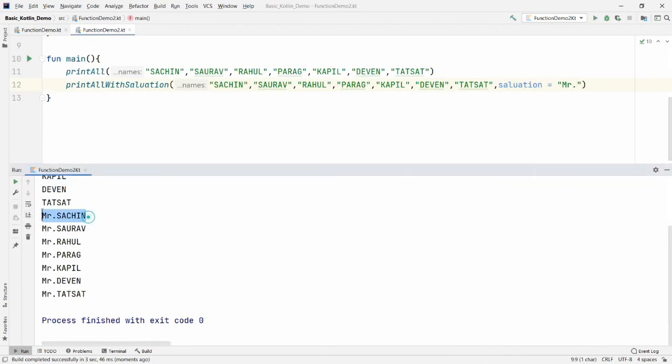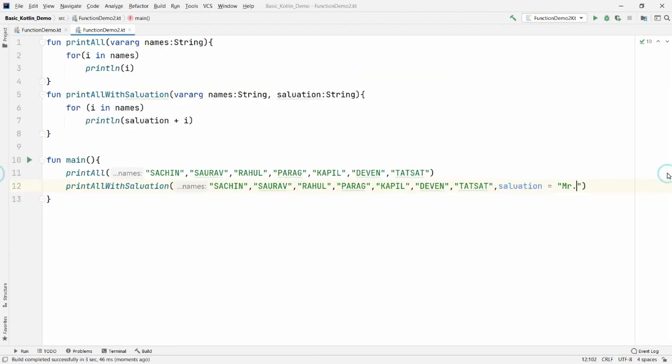See here: Mr. Sachin, Mr. Saurav, Mr. Rahul, Mr. Parag, Mr. Kapil, Mr. Deven, Mr. Tatsat. Why? Because I used the prefix over here, that is salutation equal to Mr. So this string is attached to each and every name, that is the variable number of arguments in this function.